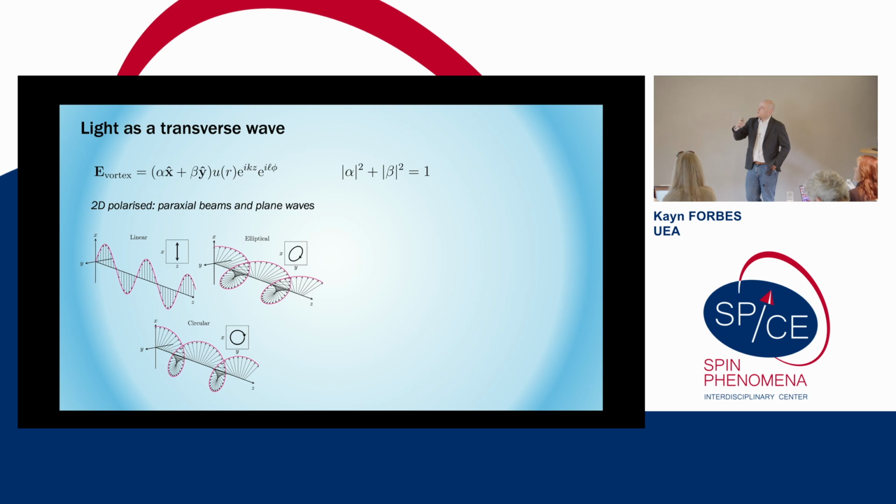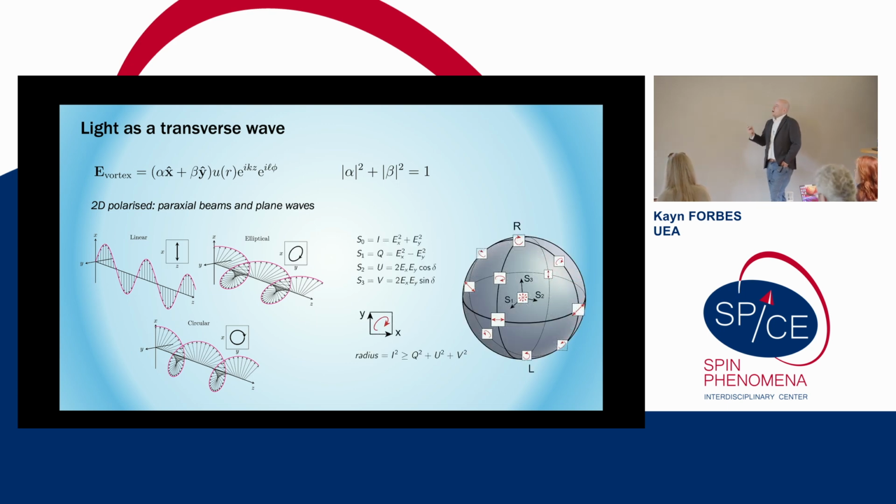And that can go right or left. And we can describe all of the polarization properties of a transverse wave or a paraxial beam using the geometrical representation of a Poincare sphere. So map all the states of polarization on the surface for fully polarized light. As you go in, partially polarized, and in the middle, unpolarized. So for a transverse wave, a paraxial beam, you can describe all of the polarization properties using this very simple